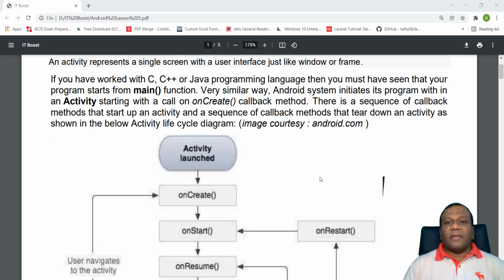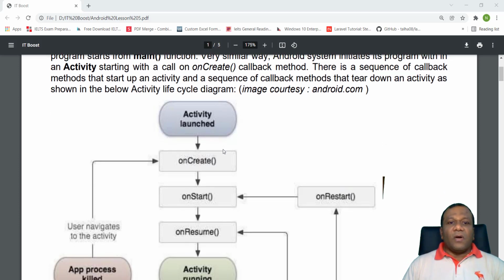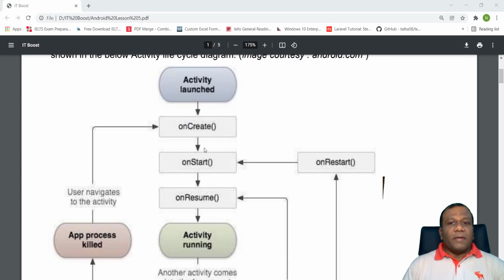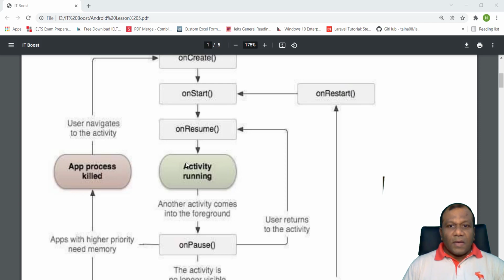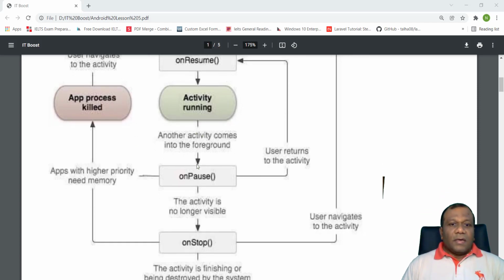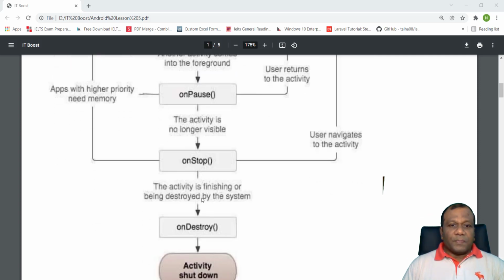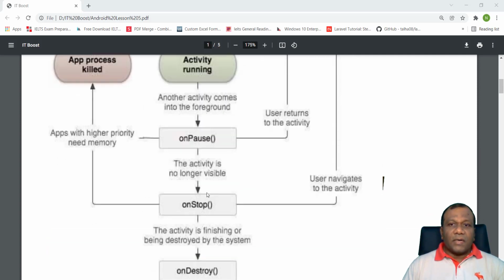Right? So activity is a screen, and it has a life cycle that starts from the onCreate method and callback methods. Here, see, the activity launched: onCreate, onStart, onResume, activity running, right? Then onPause, onStop, and onDestroy, activity shutdown.